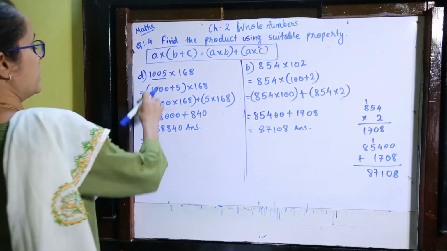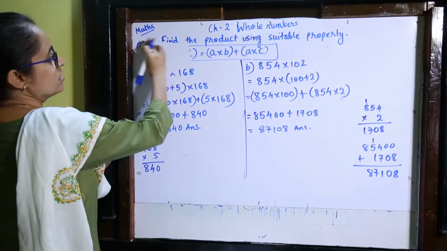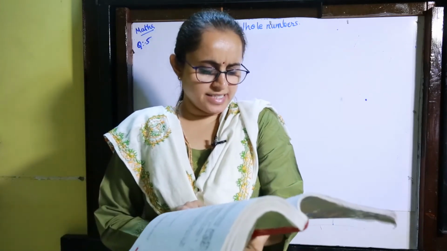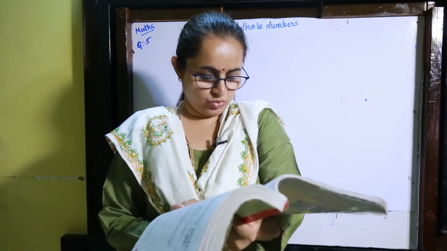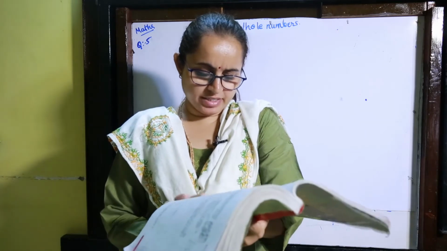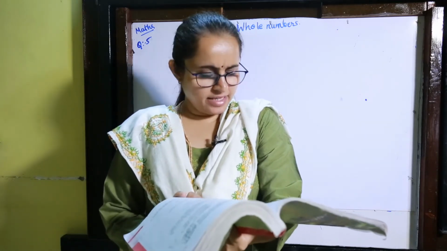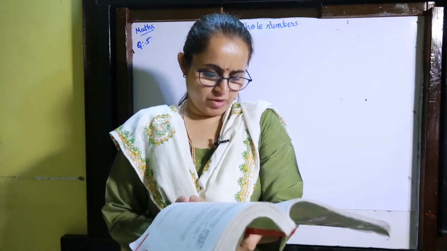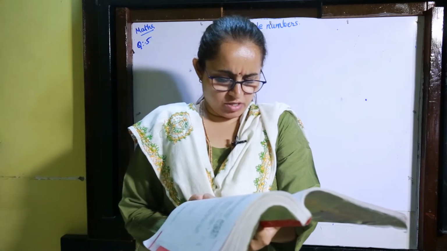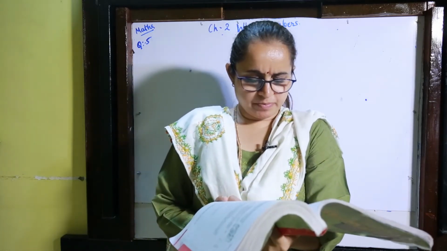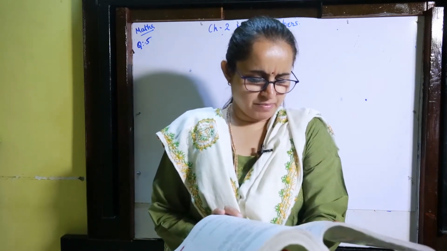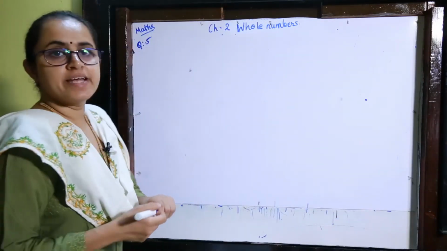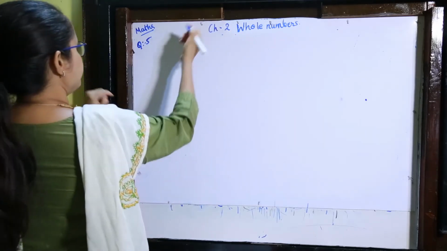Okay. Can I rub this now? Question number 5. Question number 5 I am reading for you. A taxi driver filled his car petrol tank with 40 liters of petrol on Monday, and the next day he filled the tank with 50 liters of petrol. If the petrol costs 44 rupees per liter, how much did he spend on petrol? So first of all we have to write down the statement.